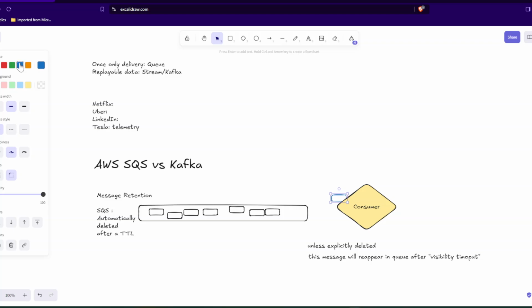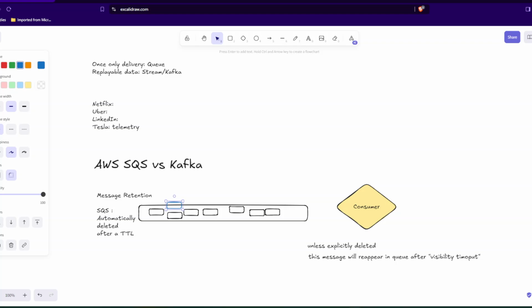For example, here as we saw, this particular message, if it is not deleted, will again appear in the queue somewhere here, or just in this process after that visibility timeout. But once it passes this TTL, it will not. Okay, now